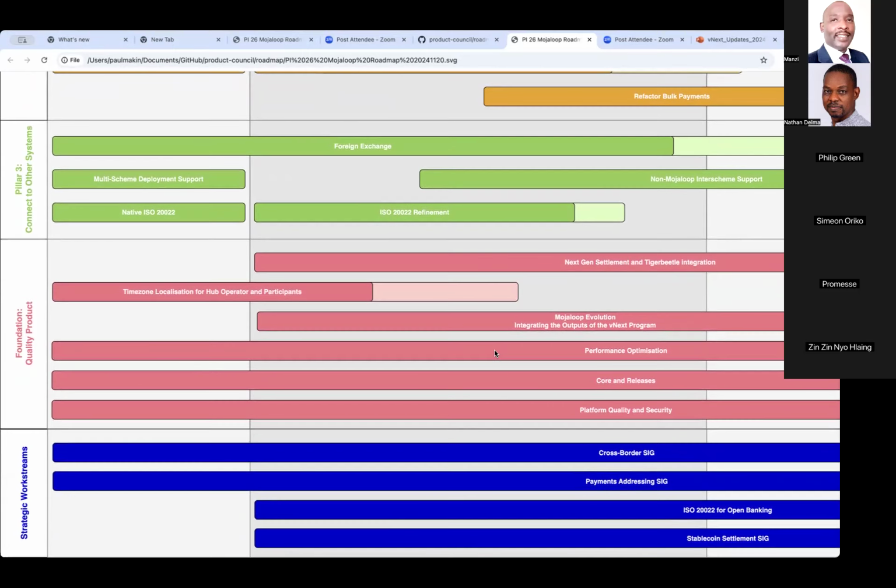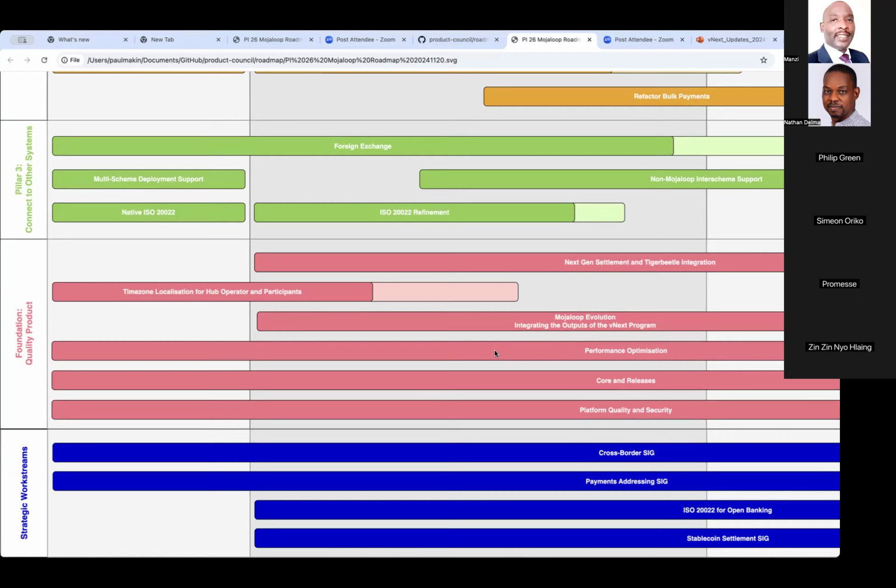Performance optimization work stream. This work stream is one that's been going on for some time. We have work outstanding to develop a performance baseline, if you like. So we are seeking to acquire a set of on-premise hardware, probably consisting of a single rack with four servers in it, and use that to develop a performance baseline, a minimum performance, if you like, and see what performance we can get from a merge loop deployment based on that hardware. We will then